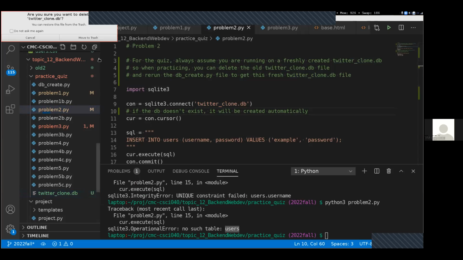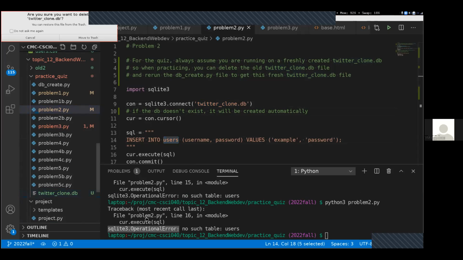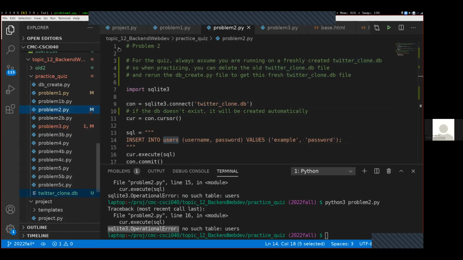I'll delete that again, move it to the trash over here, up arrow, rerun it. And it created this twitterclone.db file right here, but it didn't actually insert anything into it. And so I get this operational error, no such table users. We can't insert into users if we haven't run the create table command. So anytime you get this operational error,